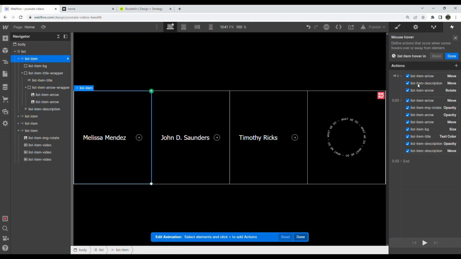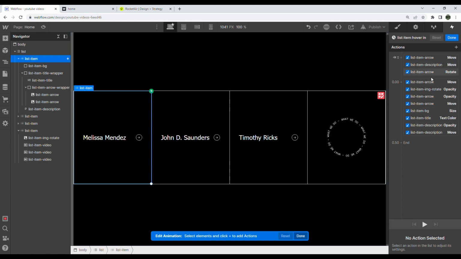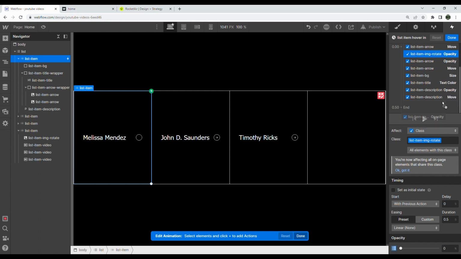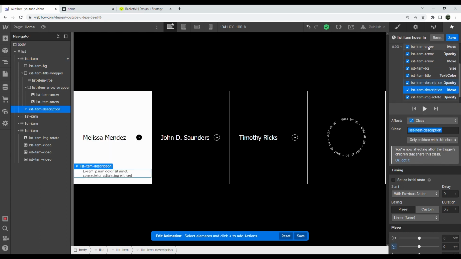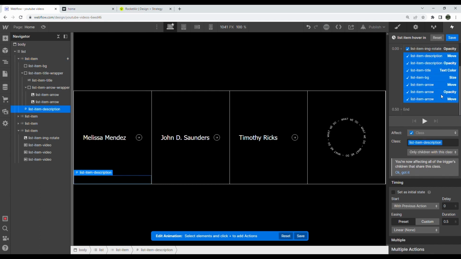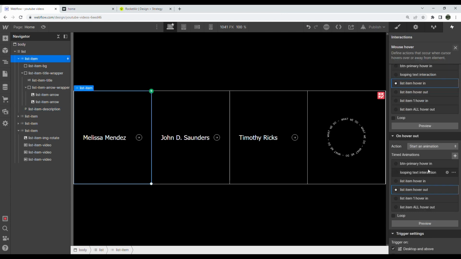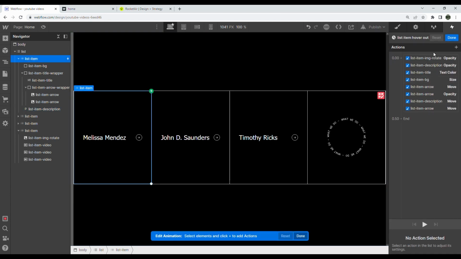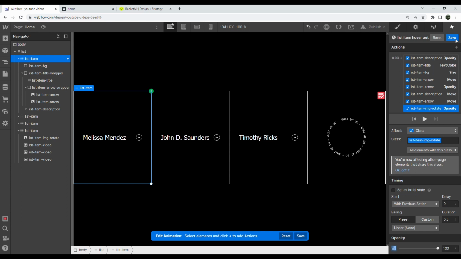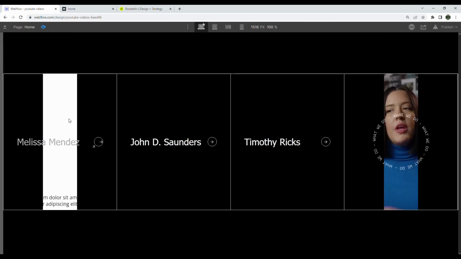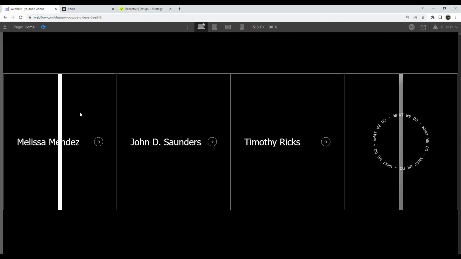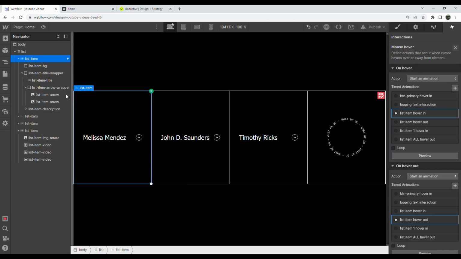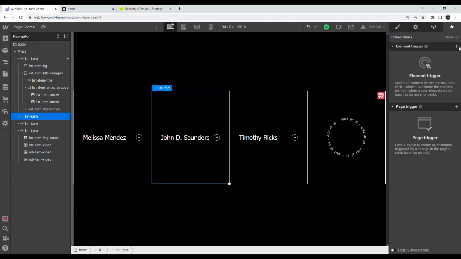And I want the same thing to happen here. Make sure that the image rotate happens first. Okay, save that. And in our hover out, we actually want this to happen last, so I'm just going to place that at the end. Now if we save it and try. Okay, so that works. Now we just have to set up the same interaction in all of these, which shouldn't